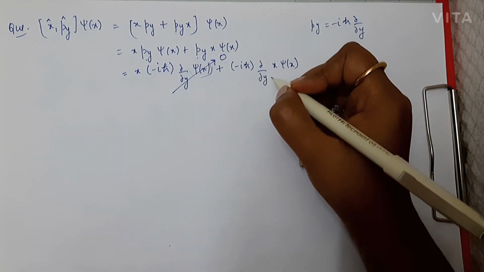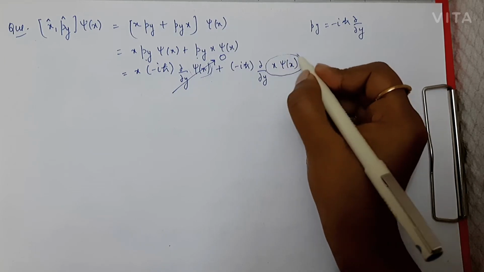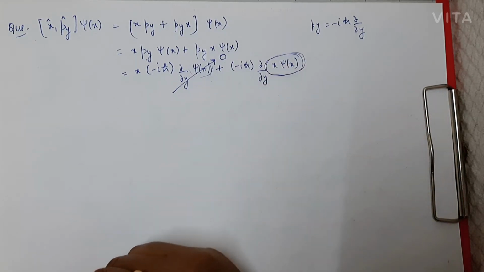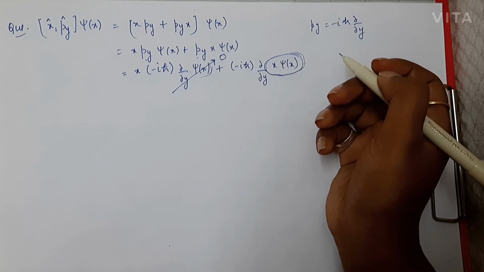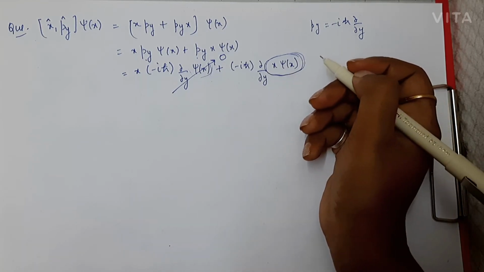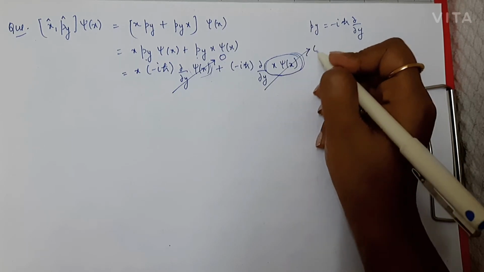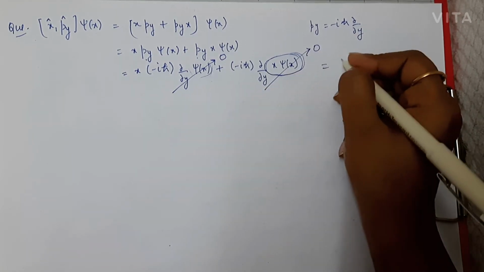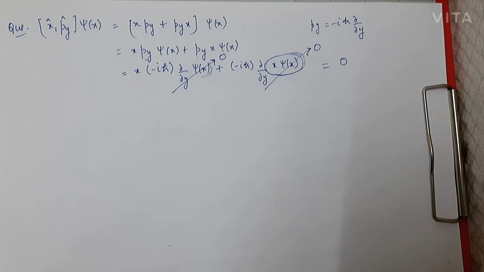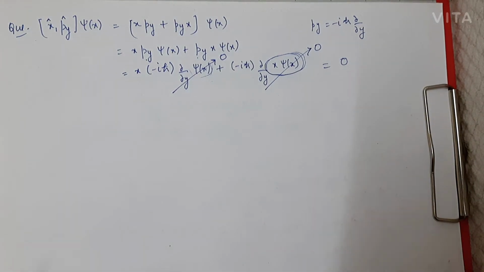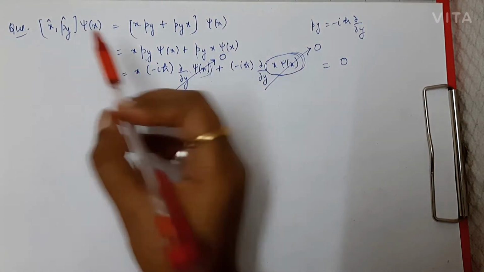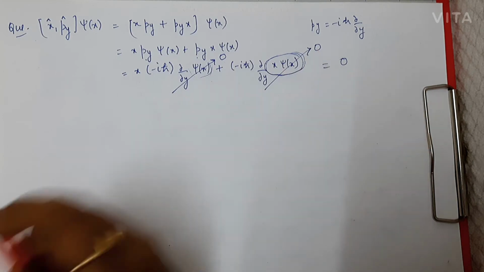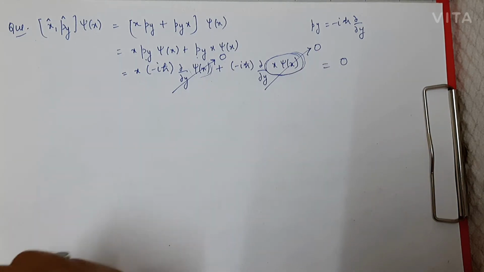Similarly, if you look at this case, these two are functions of x, and we want to find out their partial differentiation with respect to y. So this part is also going to be 0. So overall we'll be getting 0 as the answer. Now the important part is here, that is we are solving the commutation for this and we are getting 0 as the answer. What we can interpret from here